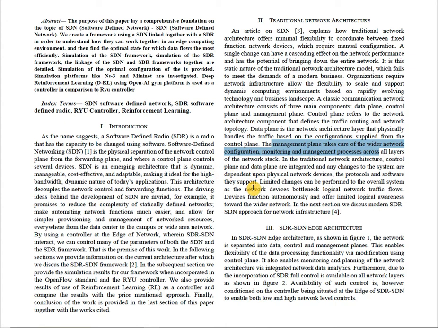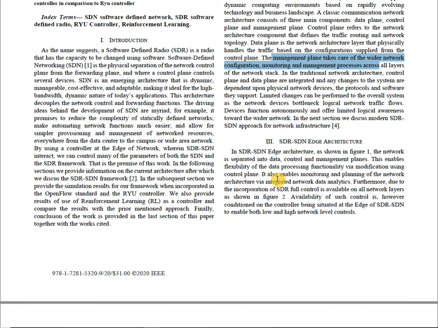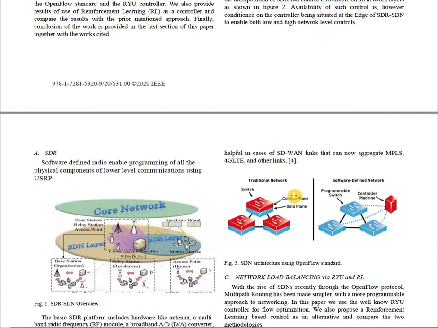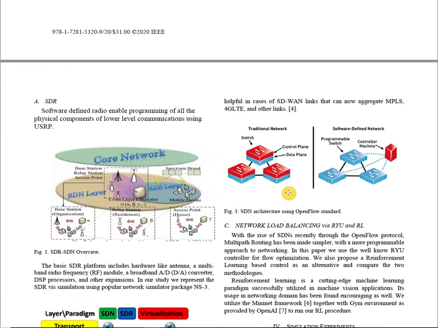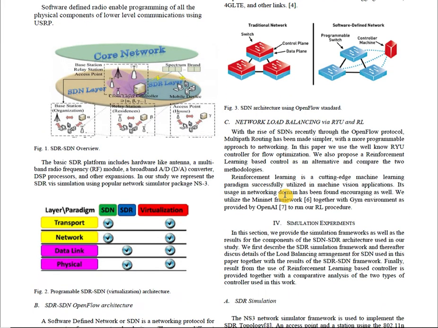Now, in this case, you have three separate layers and three separate technologies which do the job. This, of course, creates a bottleneck because you have individual brains at individual controllers, which may not always be synced. Unlike this, our SDN SDR edge network unifies these three separate layers, and this is shown in figure 2.